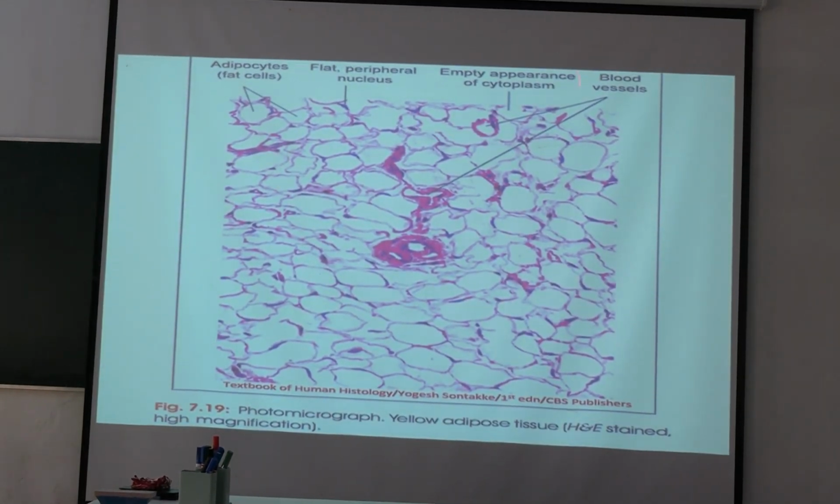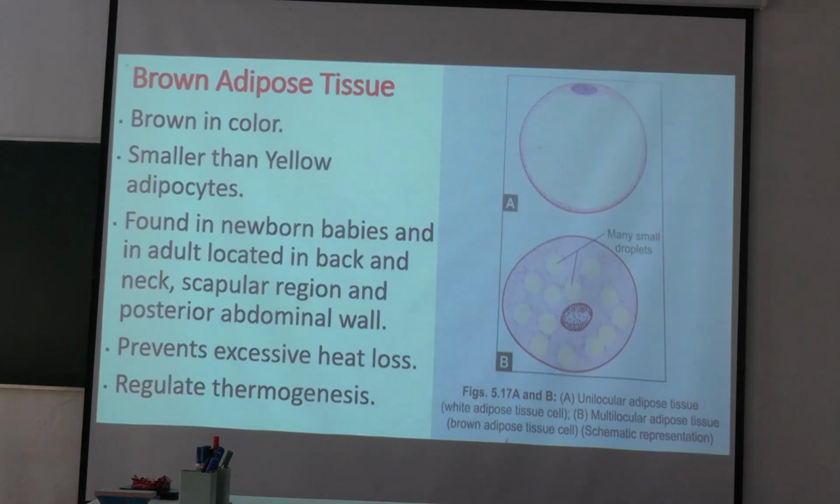Peripherally placed nucleus and empty appearance of the cytoplasm. These 2 points you have to remember for adipose tissue. Brown adipose tissue, you will see this